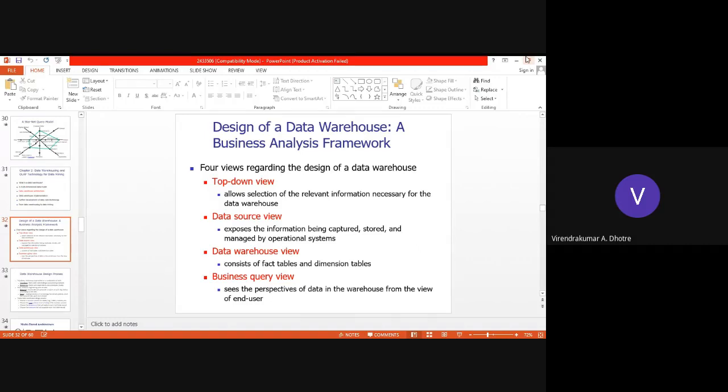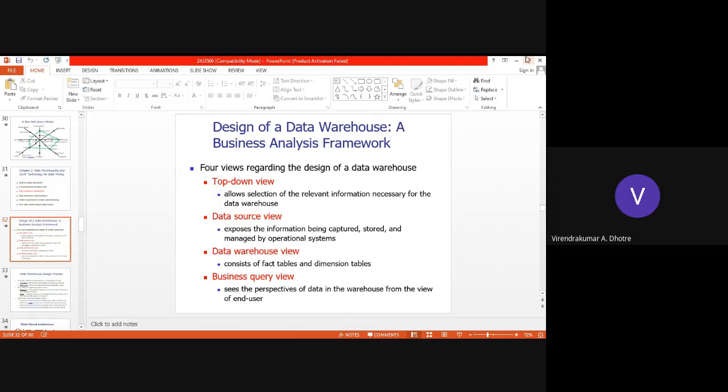So that is what we are saying. Business query view will give you this perspective to look at in such a way that the data warehouse should give us the benefit. Example I just gave, if I want to sell more and get profit from my business, I should have such a process which will give me this information.